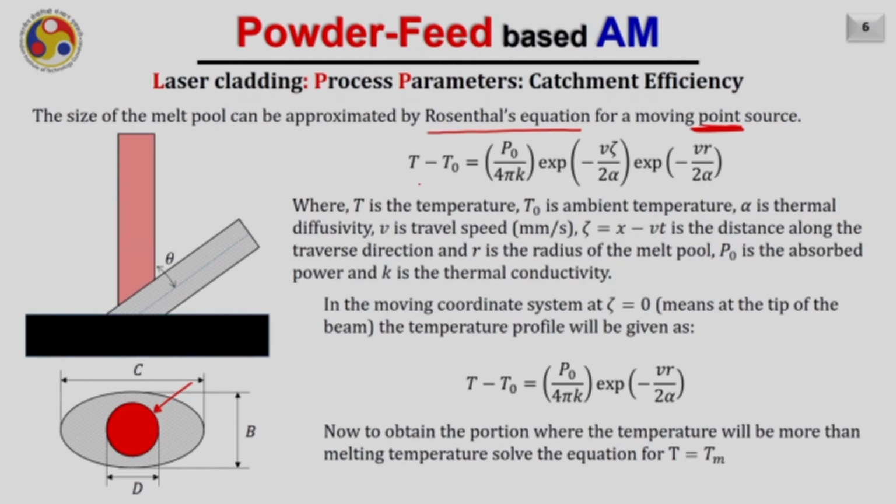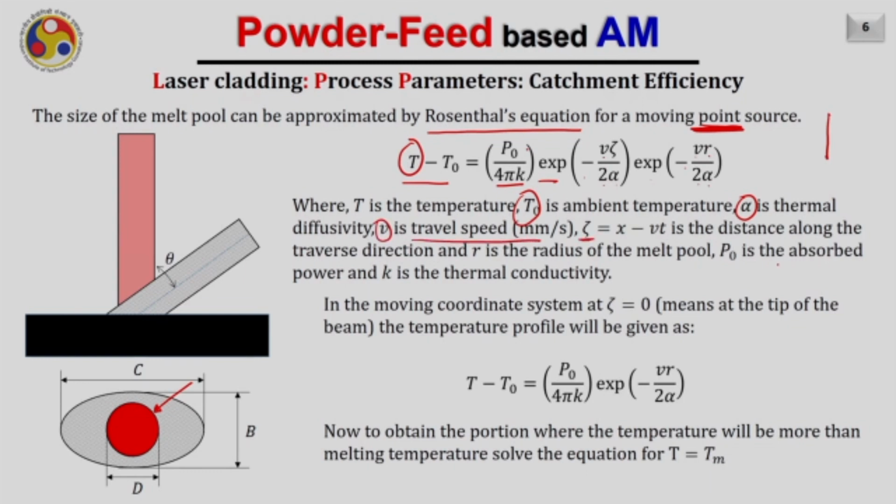If it is a moving point heat source, the Rosenthal equation says T minus T naught equals P naught divided by 4 pi K, times exponential of minus V xi by 2 alpha, times exponential of minus V R by 2 alpha, where T is the temperature anywhere at a distance R in the molten pool, T naught is the ambient temperature, alpha is the thermal diffusivity, V is the travel speed,